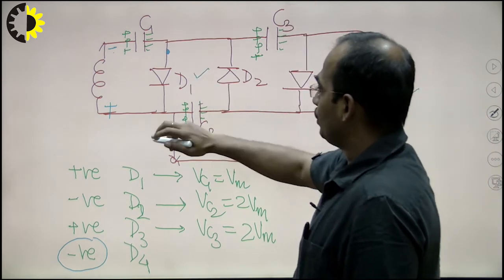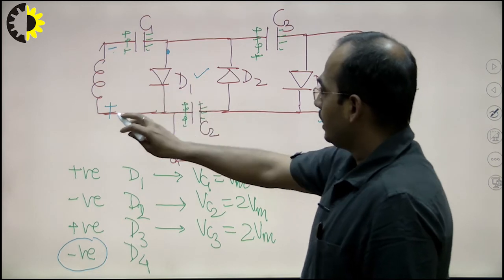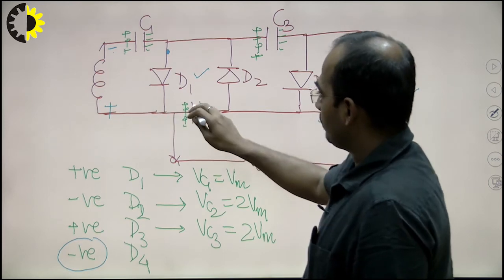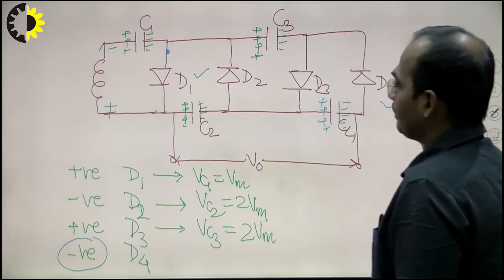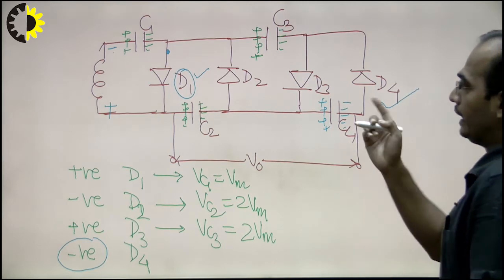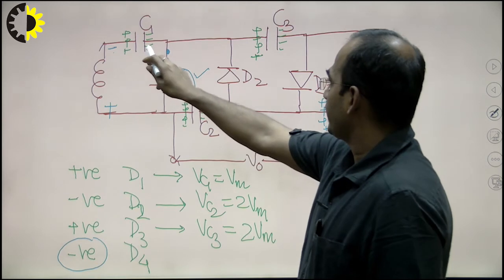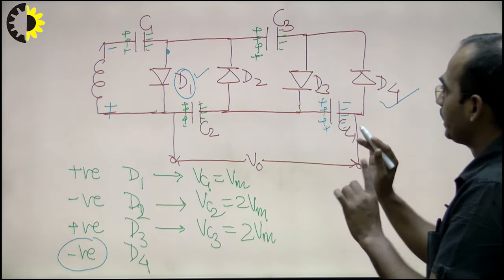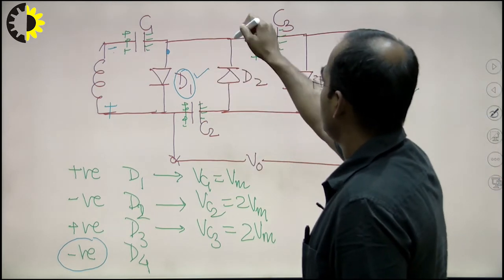Because, as I have already told you in the voltage tripler circuit, here we have applied the positive potential, and from capacitor C2, Vc2, the positive terminal is connected to the negative terminal of the diode, which will make this diode D1 non-conducting. Again, you can see that this diode D2 is connected to minus Vc1 and here plus Vc3. So, the effective voltage of Vc1 and Vc3 will be positive charge here plus Vm.